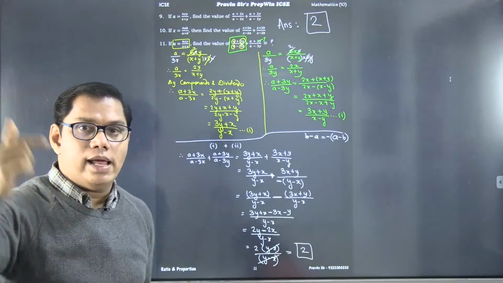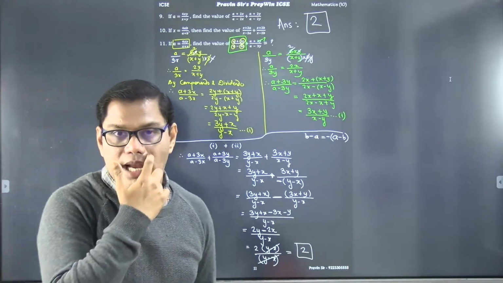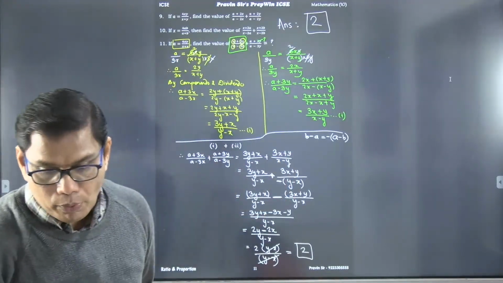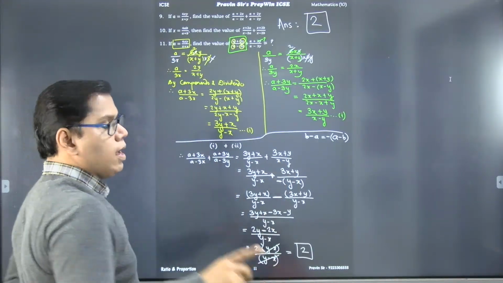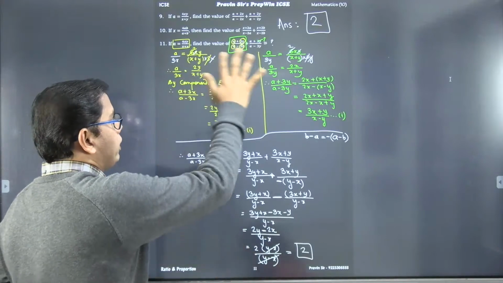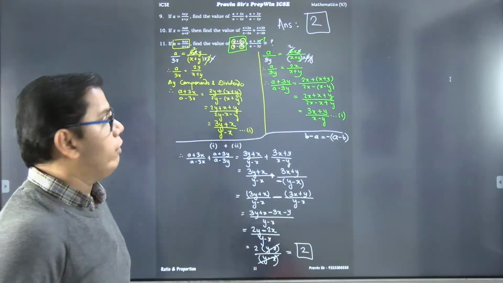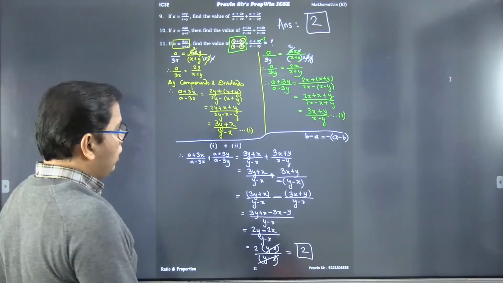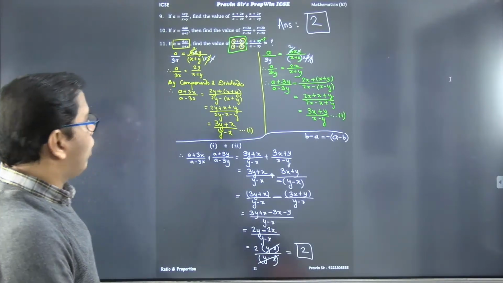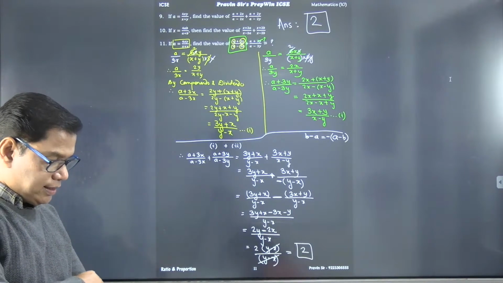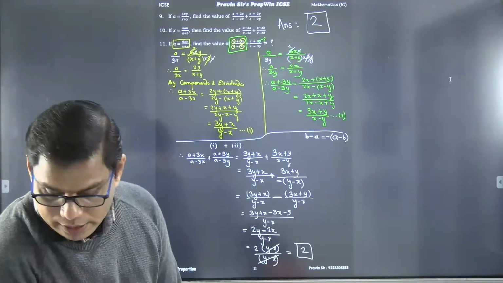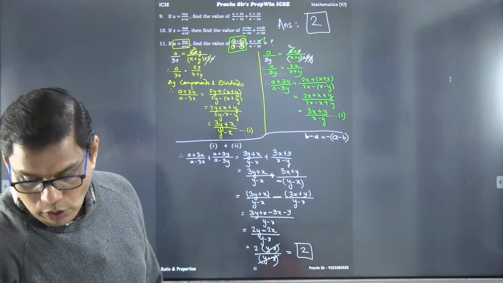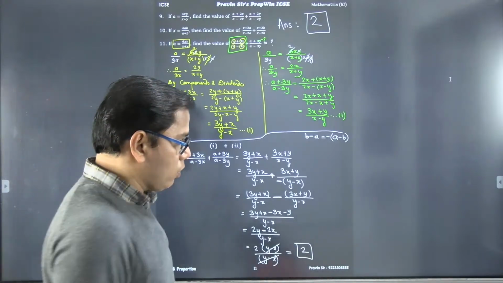If you could not solve it, type that in the chat box. Maybe I will prepare the answer and try to upload it in the description box. But I am confident that if you understood this, you can definitely do the other questions also. Let me know if you have understood. Another 10-15 minutes and we are done with our class. Have you understood? Yes or no, then I can start the next question. Yes.